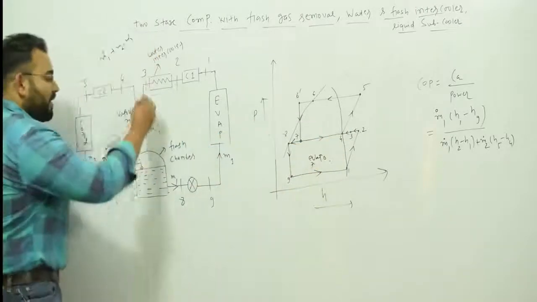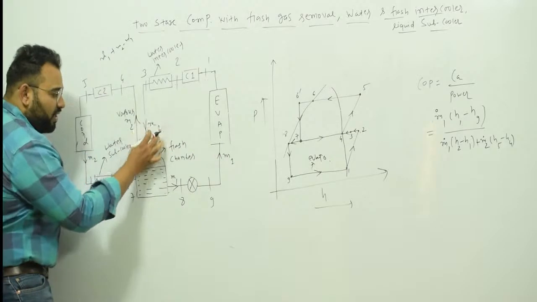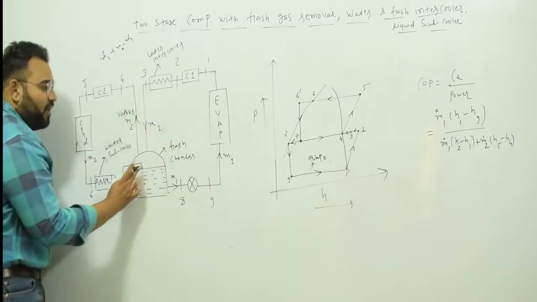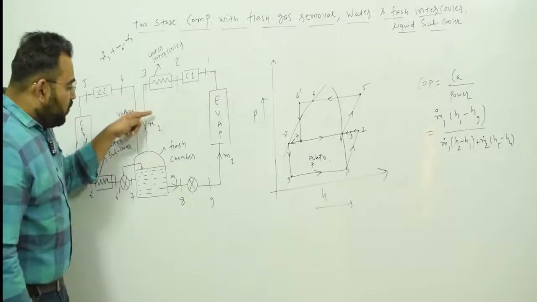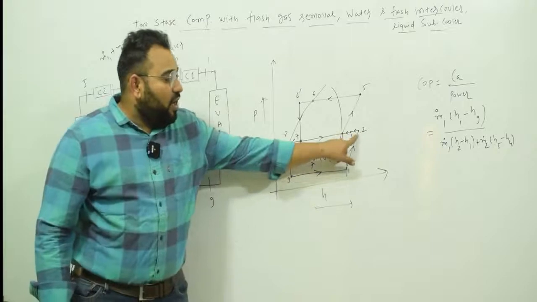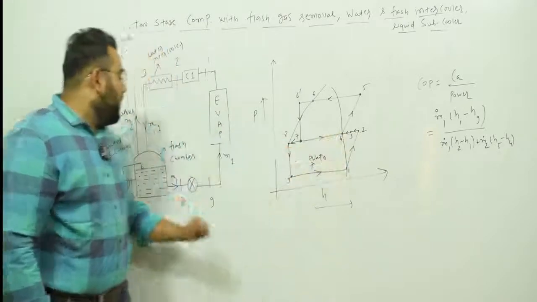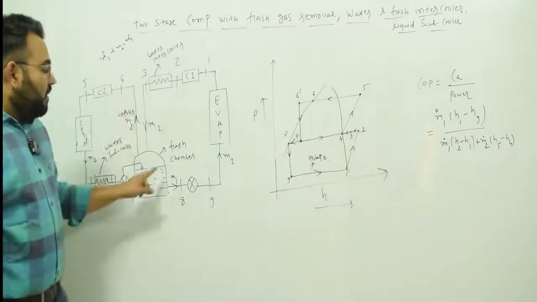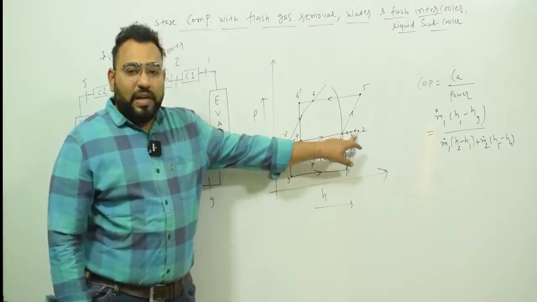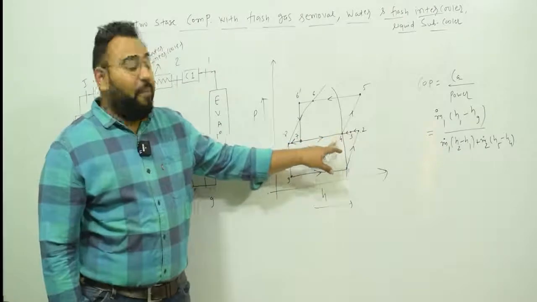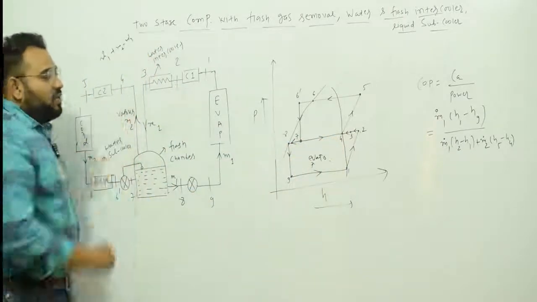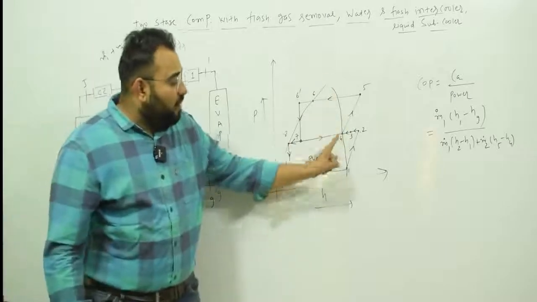So cooling is happening. The superheated vapor, M1 superheated vapor, is cooled down in this flash chamber, and what will happen? This superheated vapor will be converted to the vapor state. So from 3 to 4, superheated to vapor. Here we have done the cooling with the help of the flash chamber. At point 3 you are in the superheated region. At point 4 you come to the vapor region. So M2 at 4, we are on the vapor line. You can see that point 4 is on the vapor line.